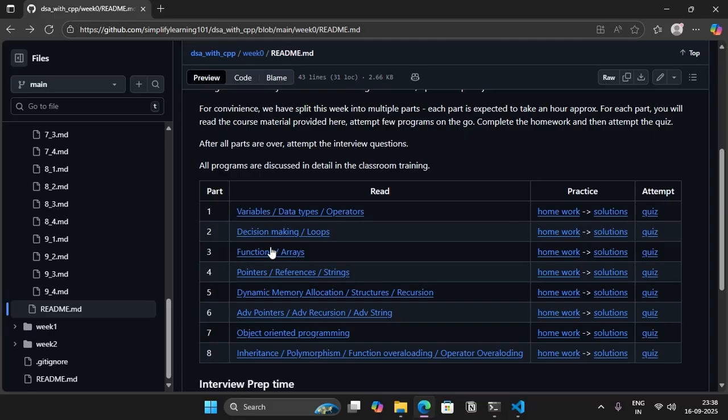Then probably go to the next content and the next content. This is how the weekly content is divided. But this is predominantly on a very high level because this is mostly refreshing or revisiting your C++ concepts. But we still went ahead with quite a good content here, like decision making, loops, functions, arrays, pass